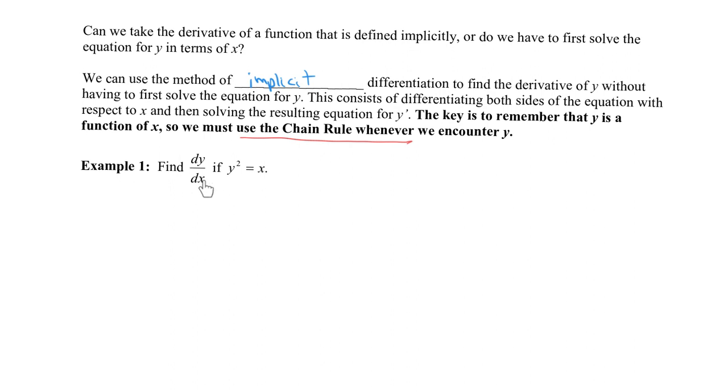So we want to find dy/dx if y squared equals x. So we're going to do this a couple of ways. Number one, we're going to do what we know we could do. We know we could solve this for y and get two expressions, right? So first, let's do this two ways. Number one, let's say we know